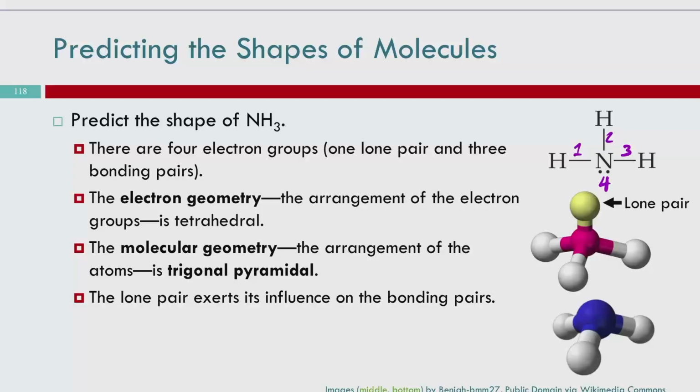So our electron geometry, the way that our electron groups are shaped up, right? We had our X pose, and then we turn 90 degrees. This is our electron geometry. So if we're including the electron lone pair, then this is our shape. However, that lone pair doesn't really take up space. So we get tetrahedral for our electron geometry, but for our molecular geometry, the shape of the actual molecule, if we subtract out the lone pairs,